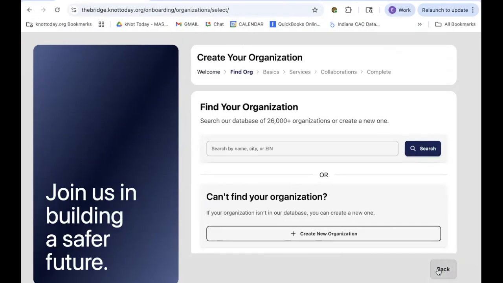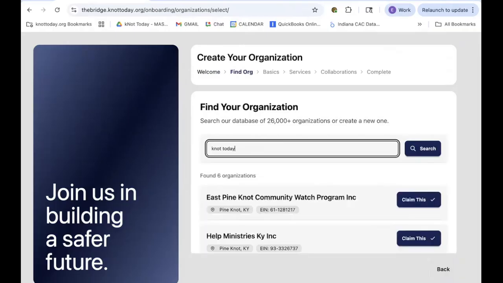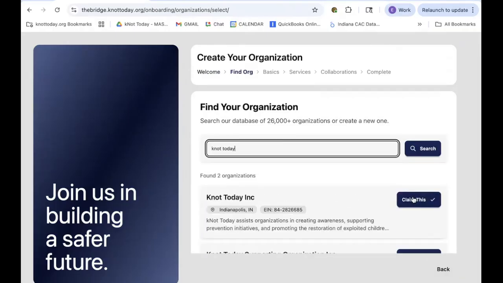You can now search a database of over 26,000 organizations thanks to partnerships with R-Wave and the Phillips Foundation. We've been able to preload publicly available data from across the country. Search by organization name or EIN, and if your organization appears, select it. And if not, you can always add another organization. Once you find the organization, claim it,